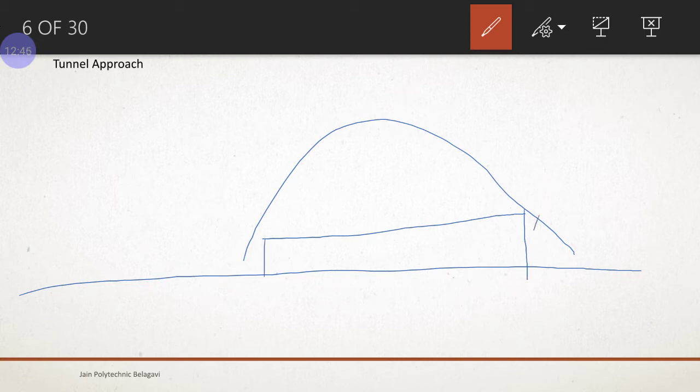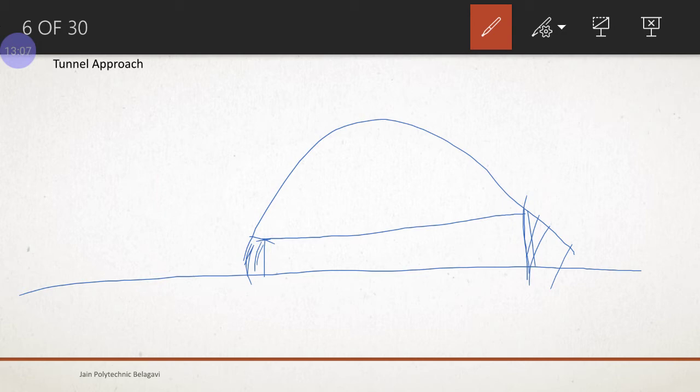Now what we're going to do is remove this part to start the tunnel from here. In this case also you are going to remove this part. Why? Because it is an excess part of the tunnel. We don't want to elongate our tunnel extra. How much we can cut, we'll cut that portion and we'll start with the openings of the tunnels.